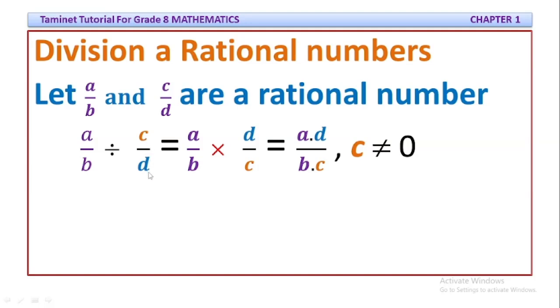It was c over d, here we take d over c, the reciprocal. So we know